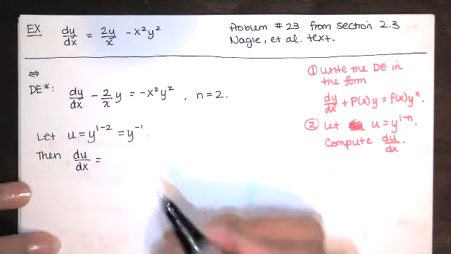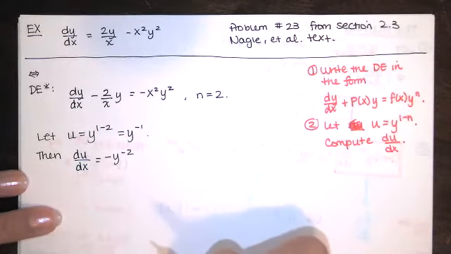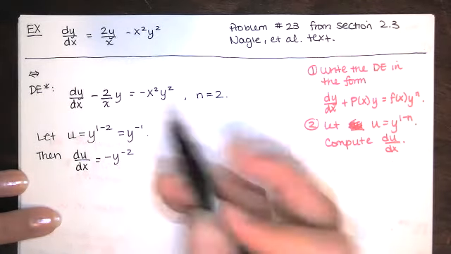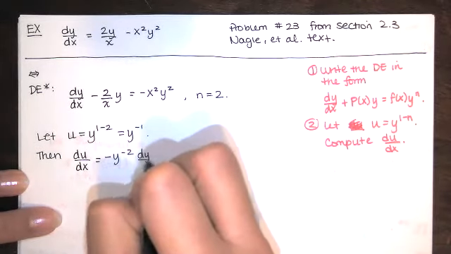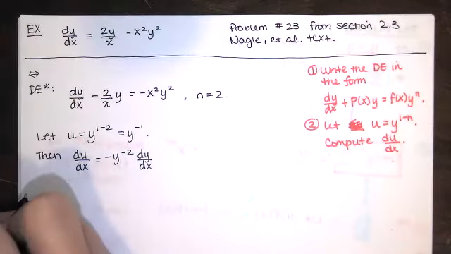The derivative of y to the negative 1 is negative y to the negative 2 times the derivative of the inside by the chain rule. Or you can think of it as implicit differentiation. If y depends on x, the derivative of inside is dy dx. So I'm going to take dE star,